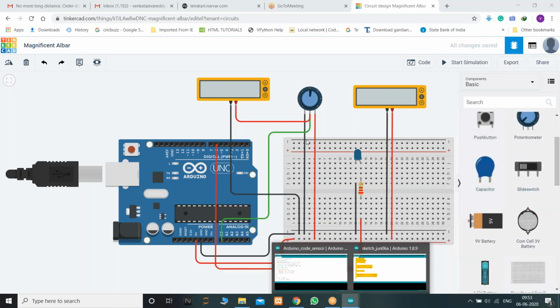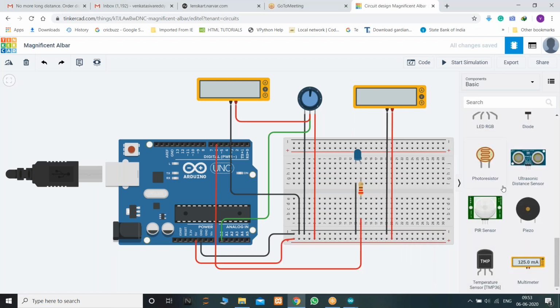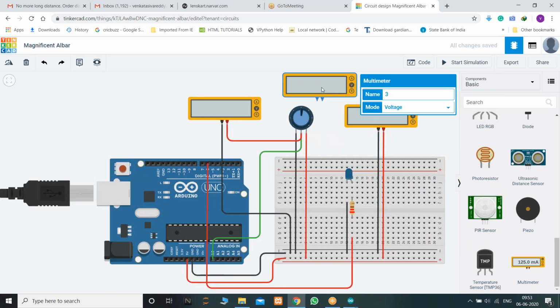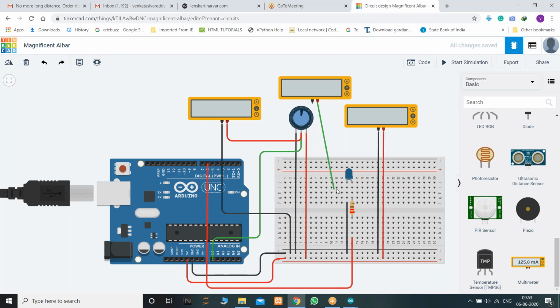Let us interface a multimeter here, because some people are getting issues with this. So I'm connecting the positive terminal to this LED input, right? And I'm making ground.